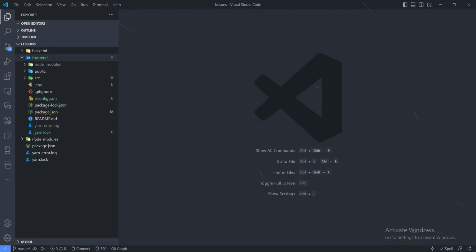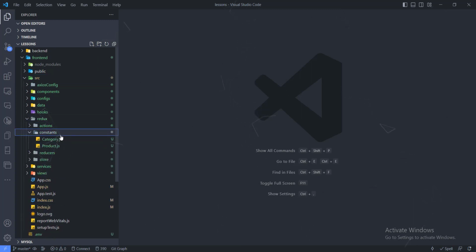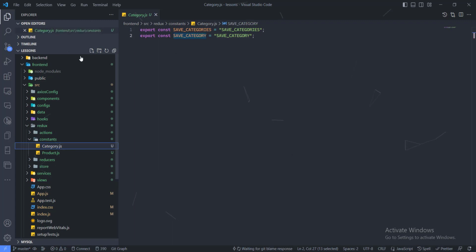So we need to start building our Redux for that. We're using Redux as a state manager to manage the state and keep track of everything. So let's just start with our Redux. And if you notice, I do start with the constants. So I'm just going to create a new file and call it